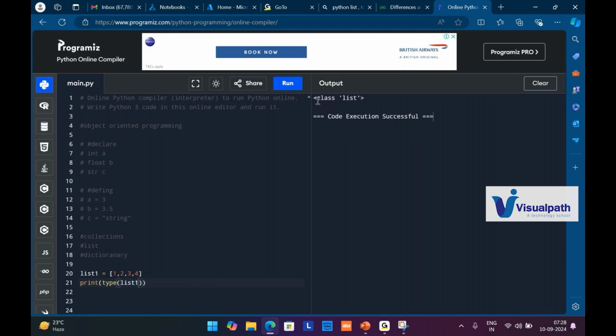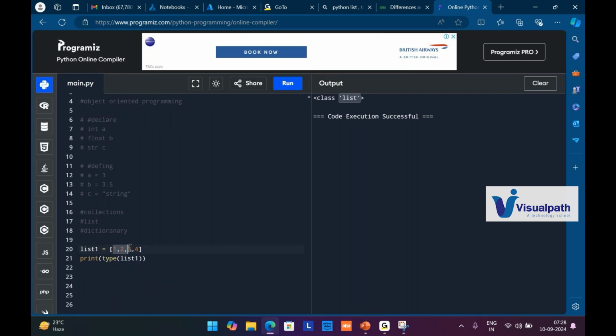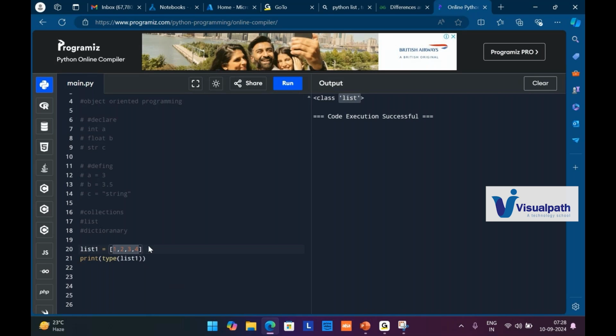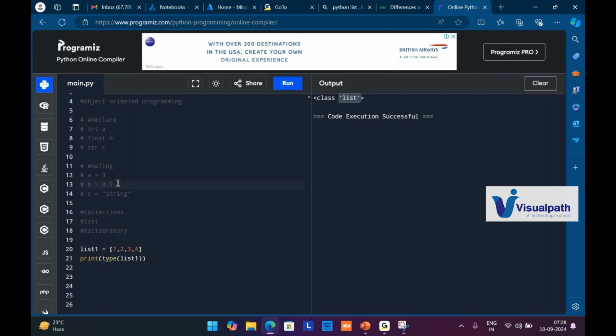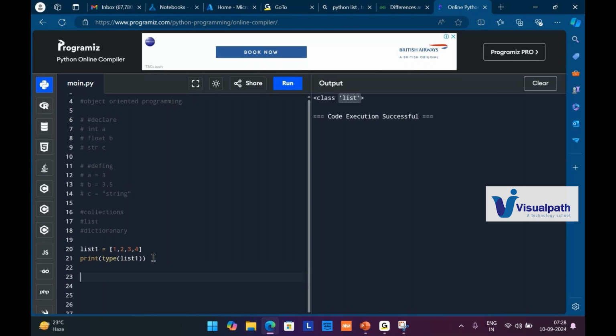So it is showing the class list. That means the type of this variable list one is list. So we have a number of values present in the list. Unlike the other variable a is equal to 3, where we can define only a single value, in collections we can have many values at the same time. So to this list,